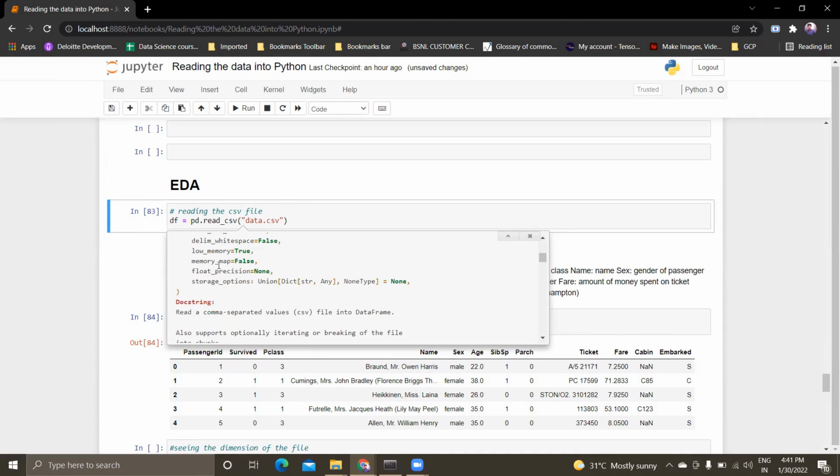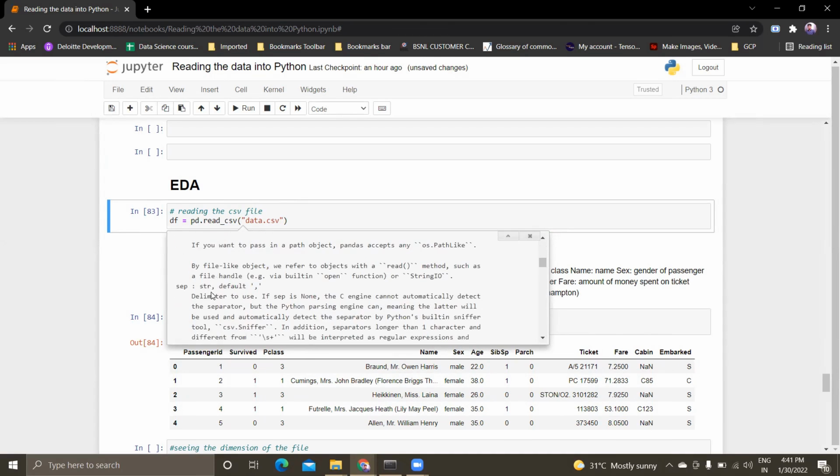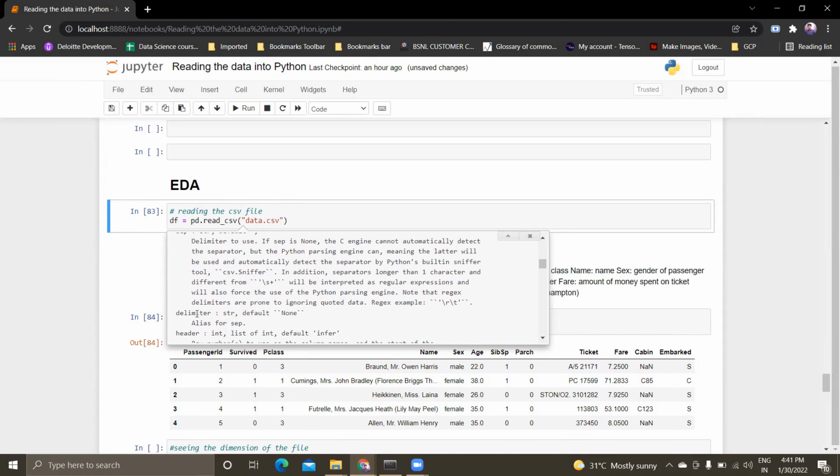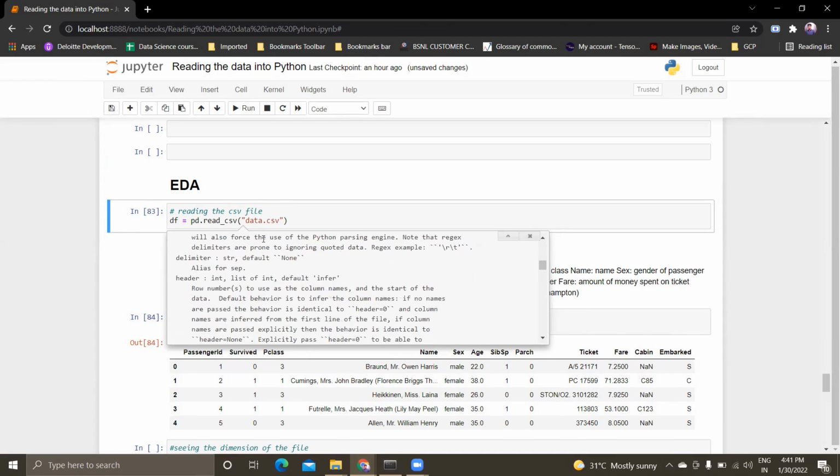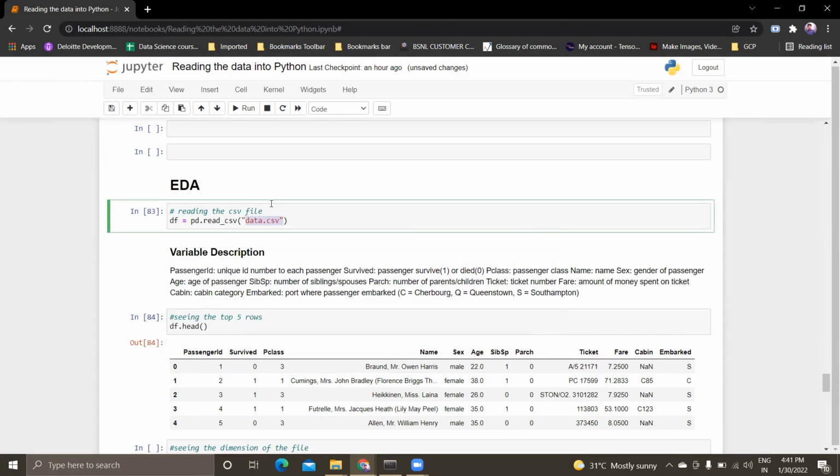If you want to understand each and everything, you can go into the documentation, read it, and understand it. But this is the standard approach. When you are using read_excel, it is different, and read_json is different. My file is a CSV, so I'm using this function. If it is Excel or JSON, you'd use the corresponding one. There is a wide and rich set of functions inside pandas that you can use to read whatever files you want.